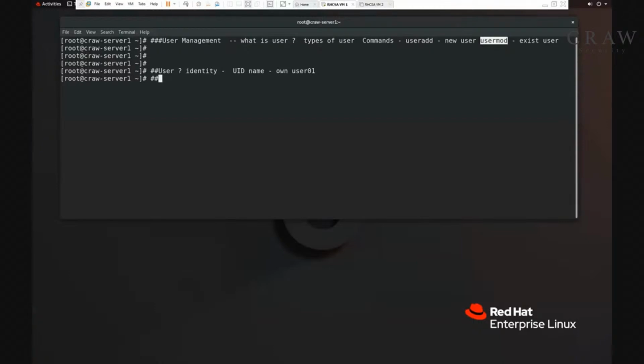If we discuss the types of users in Linux, there are three types of user. The first is root. Root is the super user in Linux. It's called a super user. So when we want to perform any task that is related to administrative work,